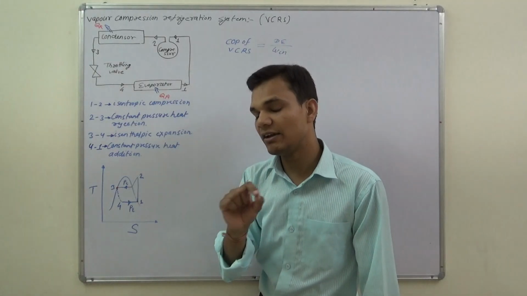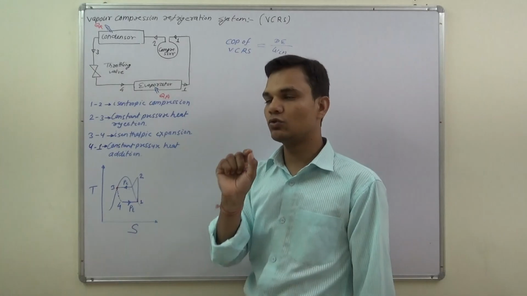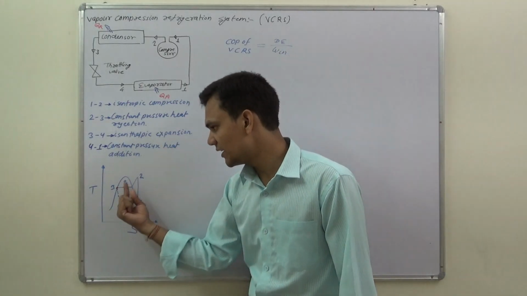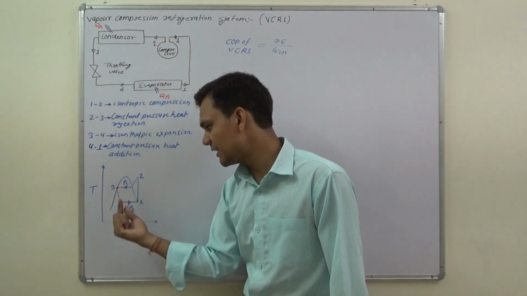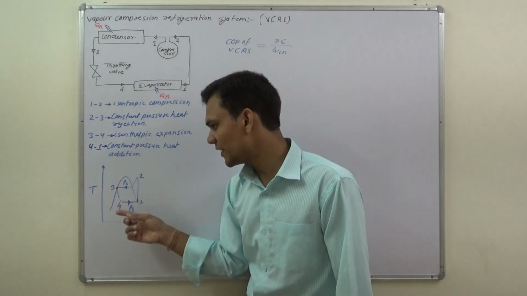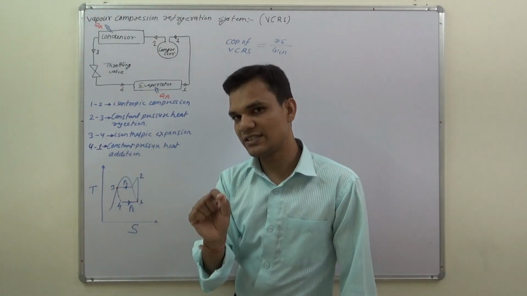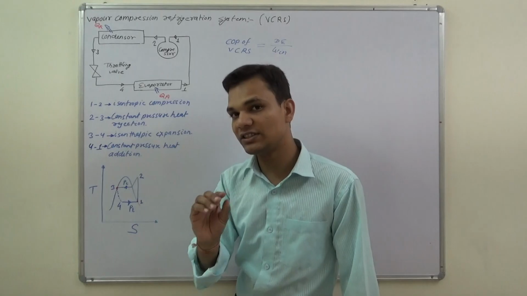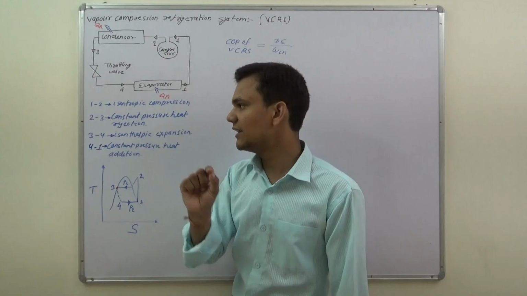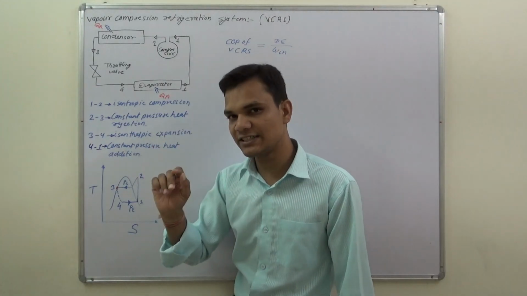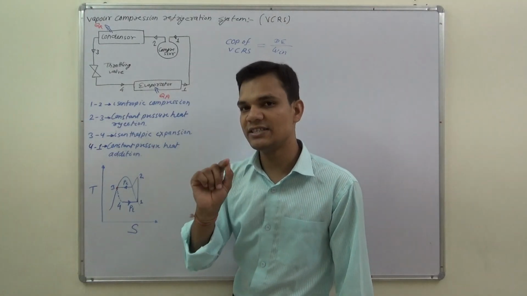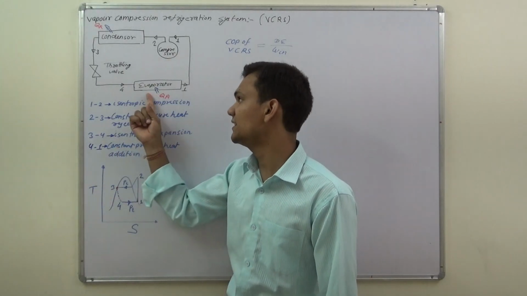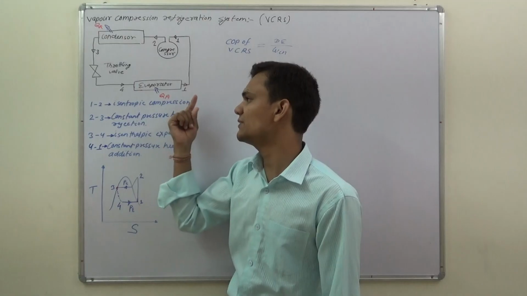The pressure of the evaporator remains constant throughout the process, as I draw in the TS diagram. Here the pressure of the condenser and the pressure of the evaporator are shown in the bed region. The pressure of the condenser and the evaporator remains constant throughout the process; the heat interaction takes place, but the pressure will not change. Constant pressure heat addition takes place in the evaporator from process 1 to 2.